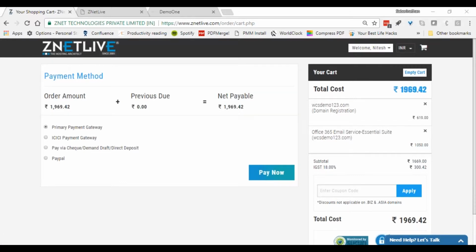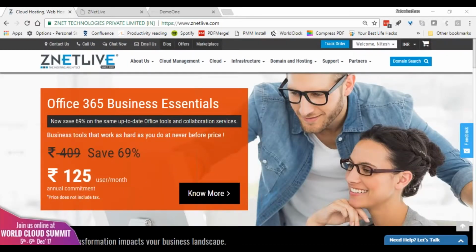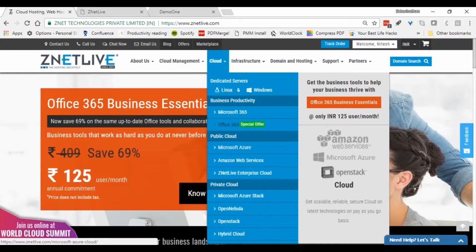Okay, so now I'm just going to quickly jump into showing something for Azure as well, because from a cloud services standpoint, the pay-per-use model is something very, very crucial. Now let me show you how the pay-per-use model of billing works for an Azure customer, a customer who's wanting to buy Azure.